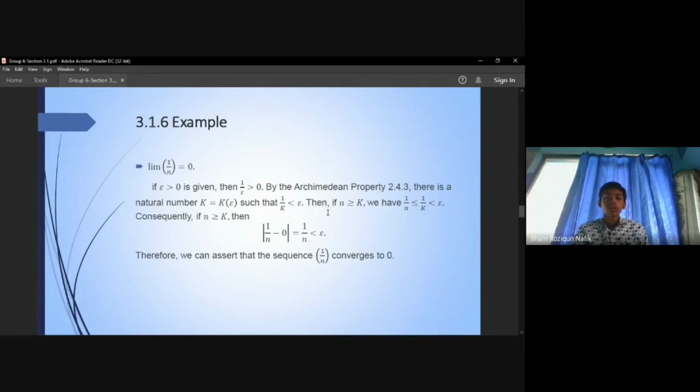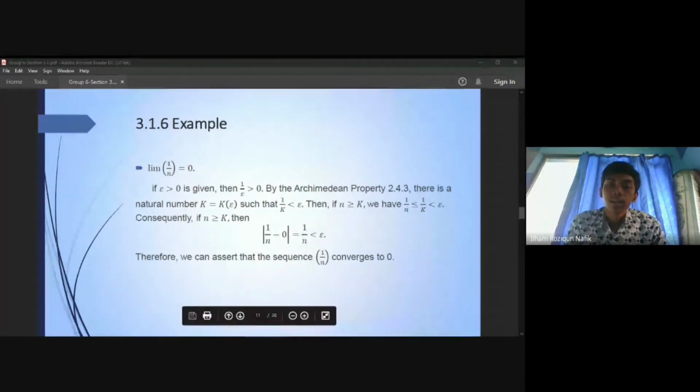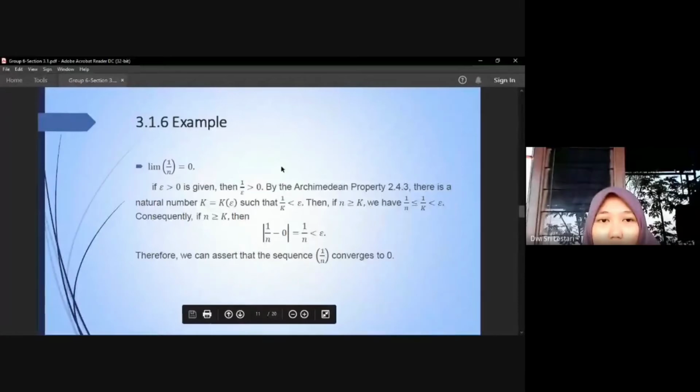Okay, from this part, we will be explained by Dwi. Thank you, Ilham. I will explain about example